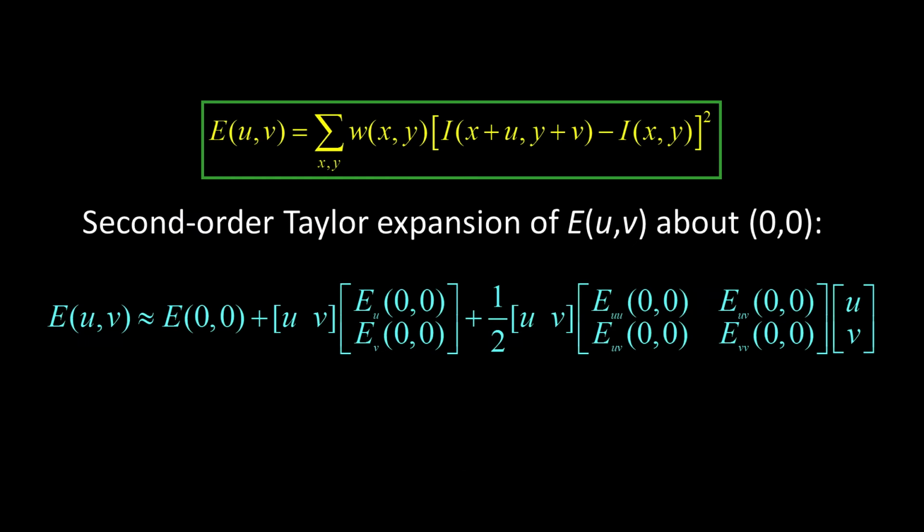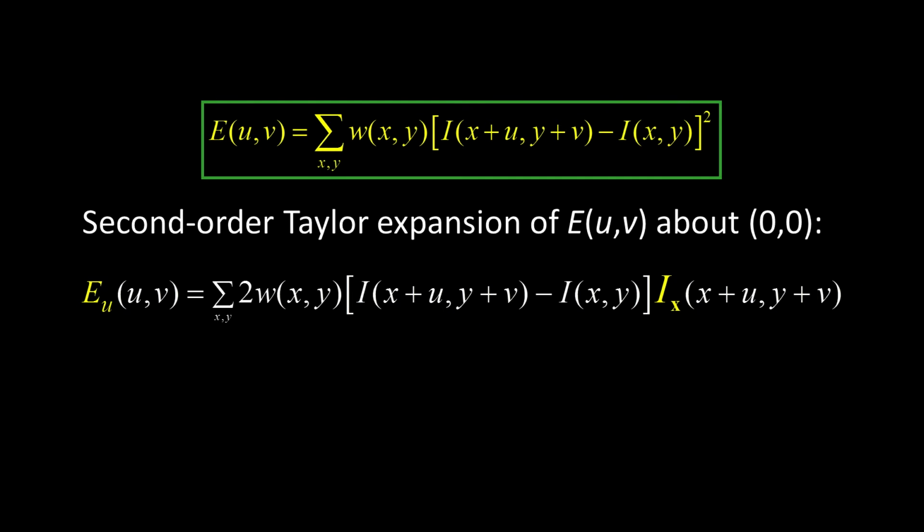All right, so here we have our Taylor expansion written just as before. We're going to knock these derivatives down one at a time, starting with the first derivatives and then the second derivatives. The first derivative we're going to look at is with respect to the u direction. Just remember that u is the offset in the x direction.